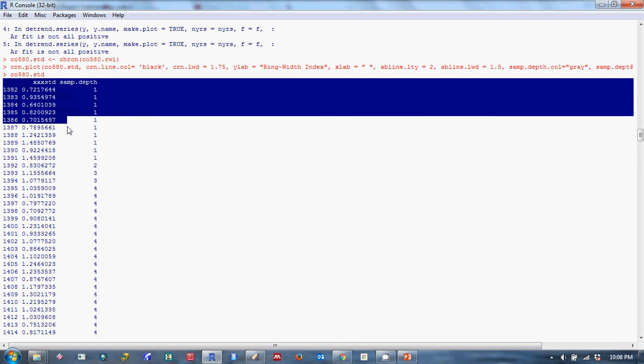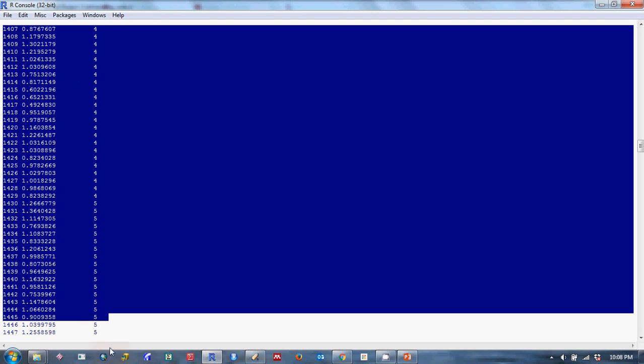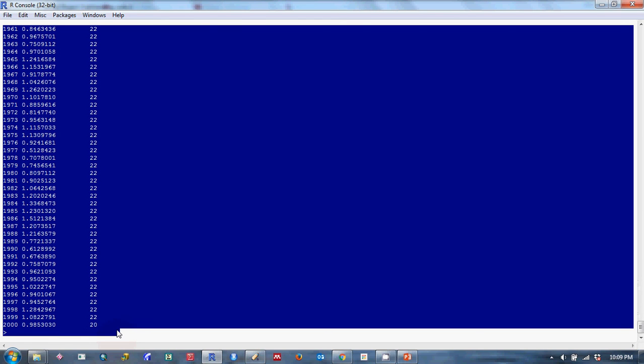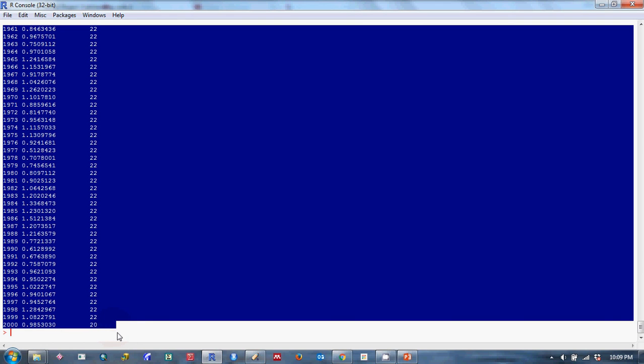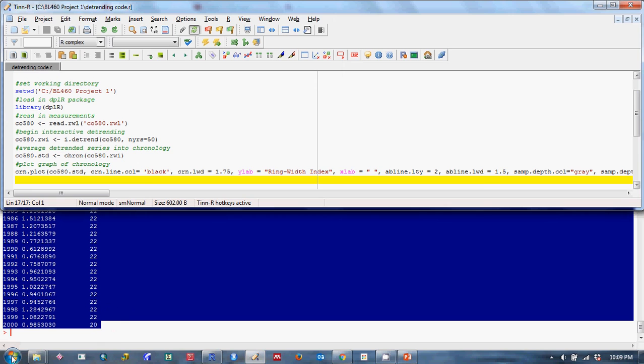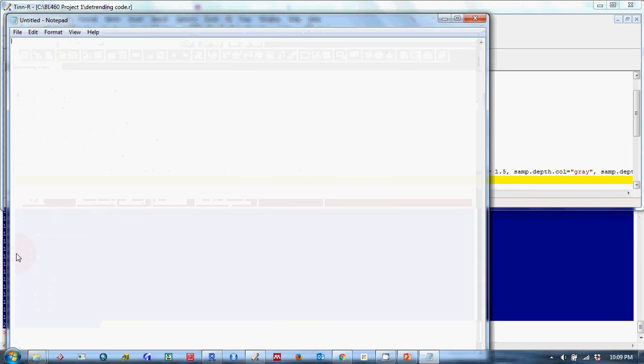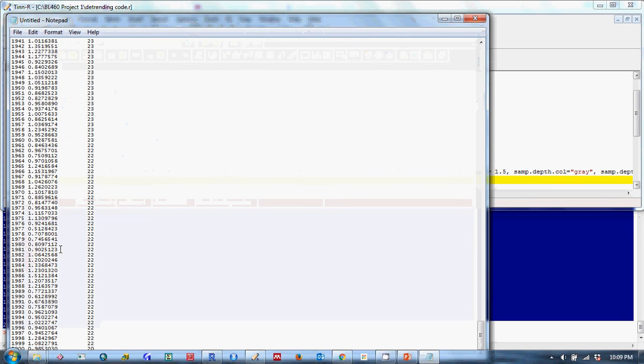So I'm just going to go ahead and highlight all that and copy it, and then I'm just going to paste it into another text editor window and save it. And we're going to use these data in our climate analysis. This is a pretty long chronology. There we go. Okay, so Control C to copy, and then I'm going to go back to my text editor. You can do this in Notepad, so just open up Notepad. Control V to paste. There are all my data, and then I can save this